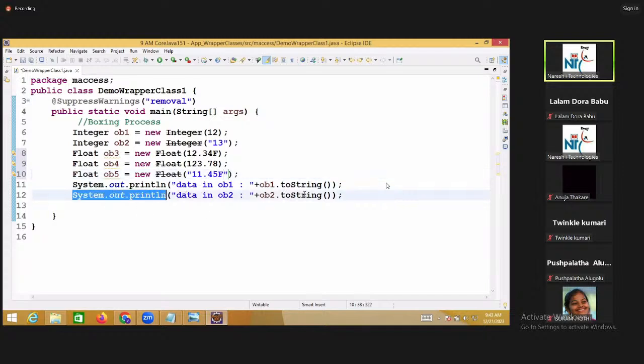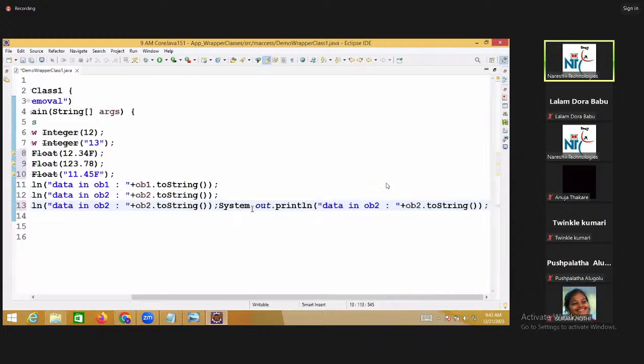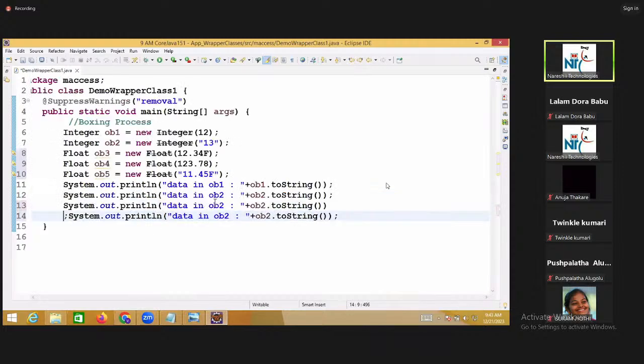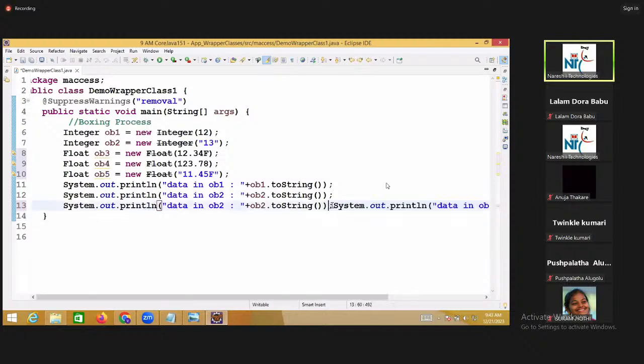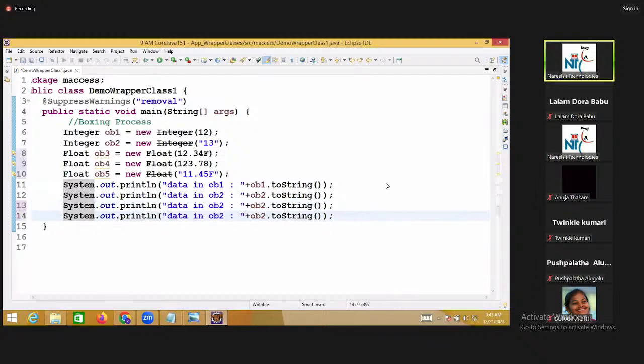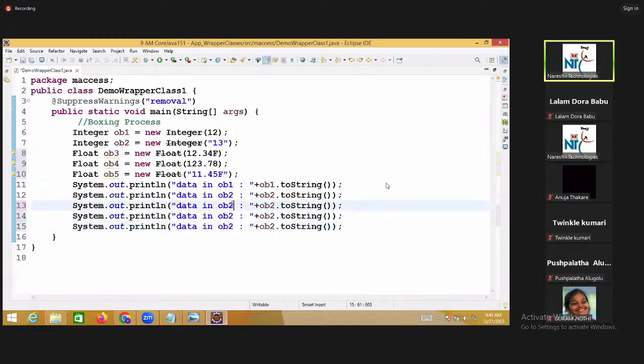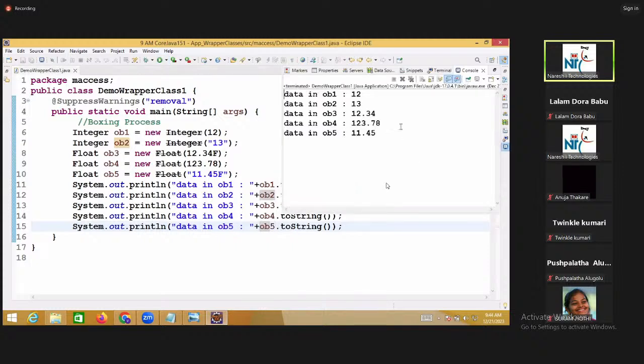I can display them. Data in ob3, ob4, ob5. So answers will come. So the data is available in those objects.